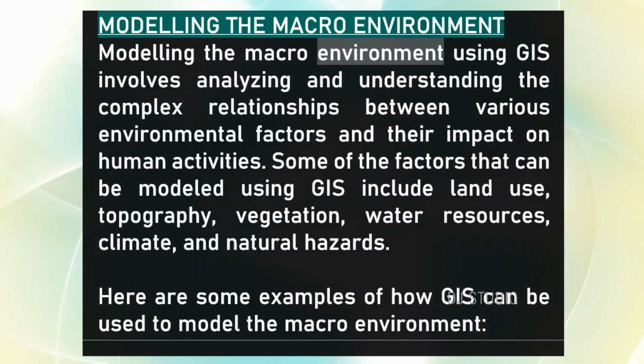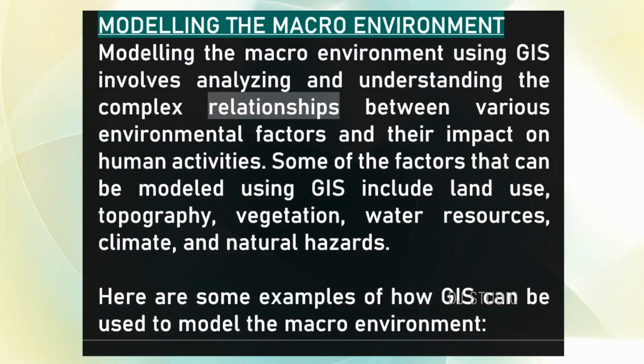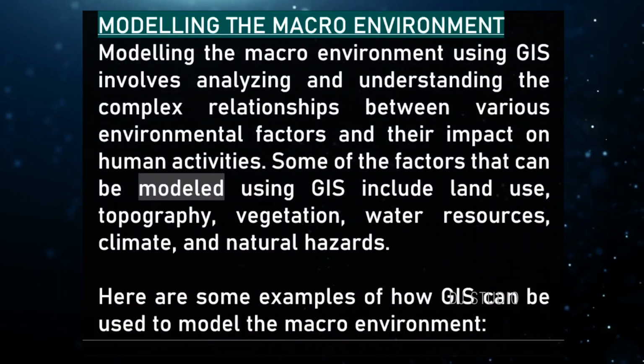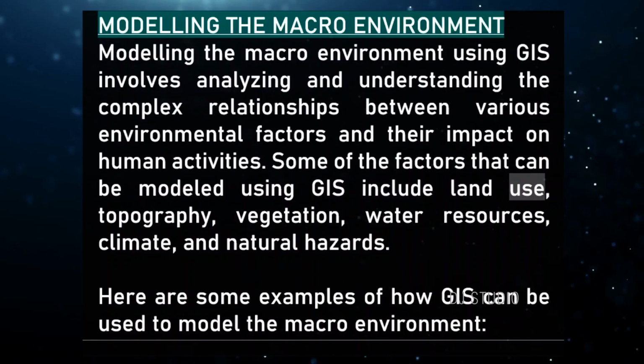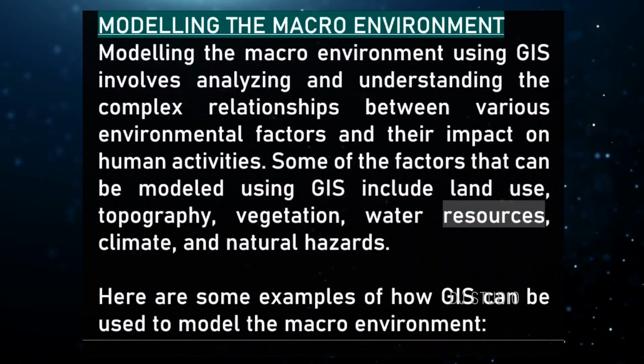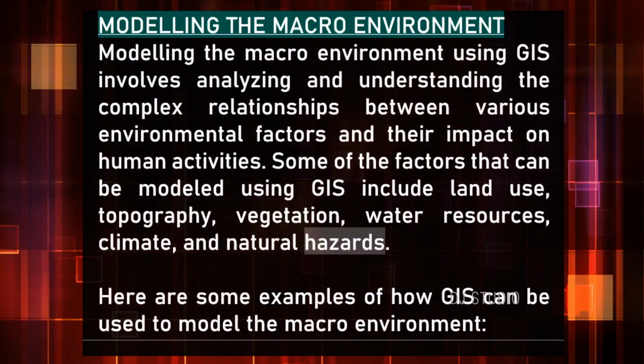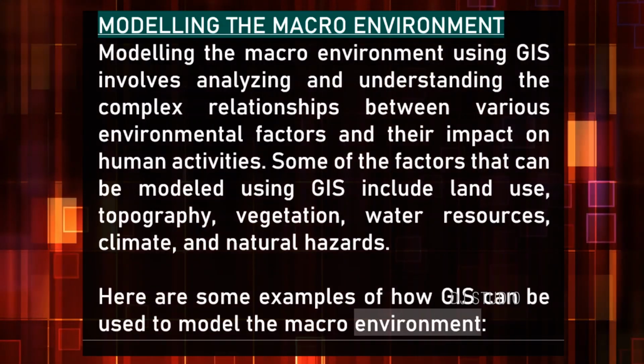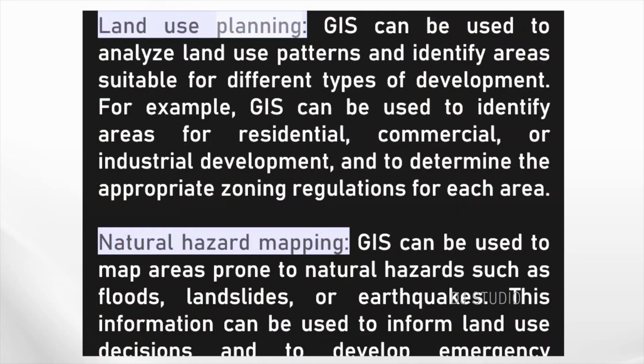Modeling the macro environment using GIS involves analyzing and understanding the complex relationships between various environmental factors and their impact on human activities. Some of the factors that can be modeled using GIS include land use, topography, vegetation, water resources, climate, and natural hazards. Here are some examples of how GIS can be used to model the macro environment. Land use planning. GIS can be used to analyze land use patterns and identify areas suitable for different types of development. For example,